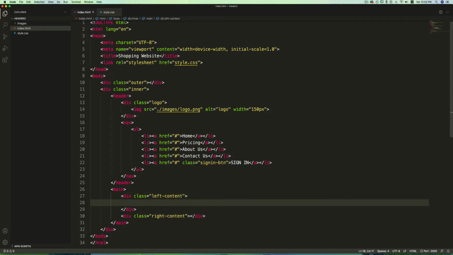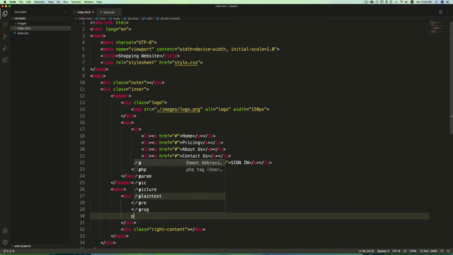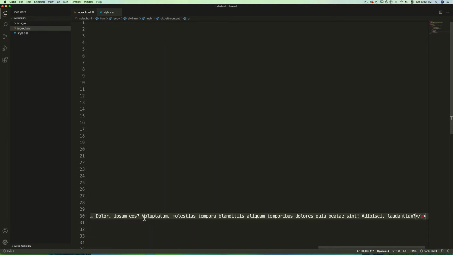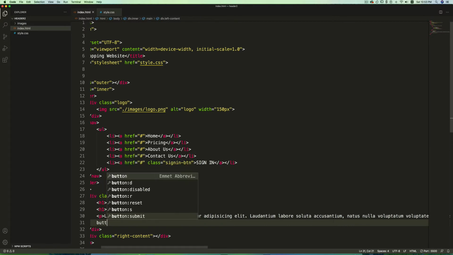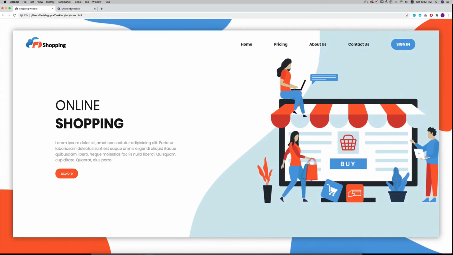Now inside this left content, I'll have h1 online, h1 shopping, paragraph I'll use lorem 50, and then I'll have a button with class CTA, call to action, and here I'll write explore. So this is the left content.